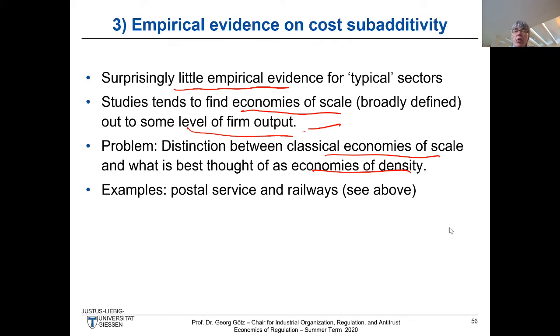Okay, in the notes I also gave you an evaluation from an article by Fass and Waverman in the Handbook of Telecommunications Economics on econometric cost functions. And the point here is, even though we have some evidence, the evidence is not so clear-cut. It's not so easy to determine whether you really have this global subadditivity, where you have economies of scale in a relevant range. That might be easier to determine. But what about the economies of scope?